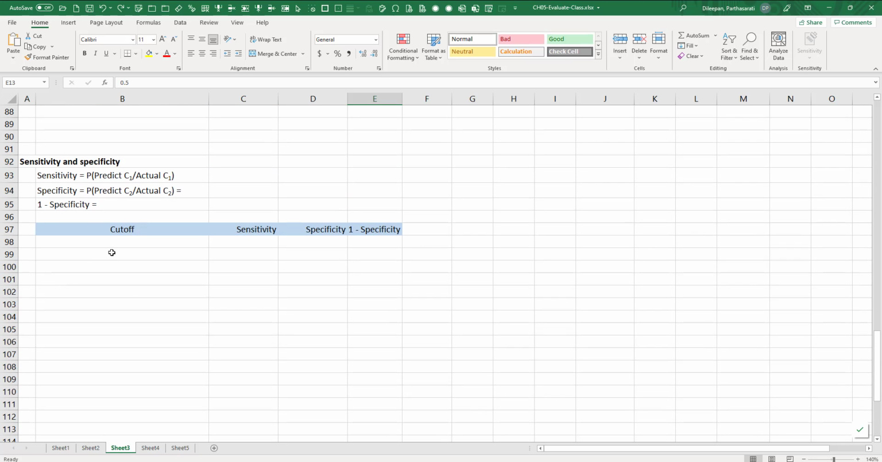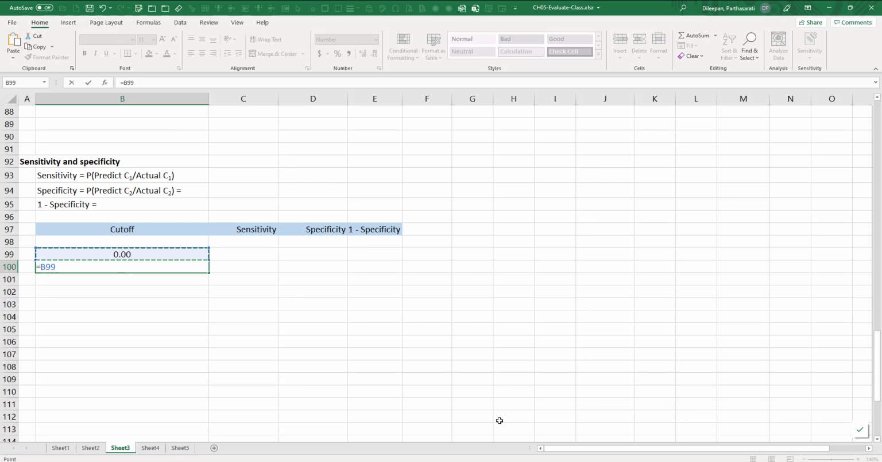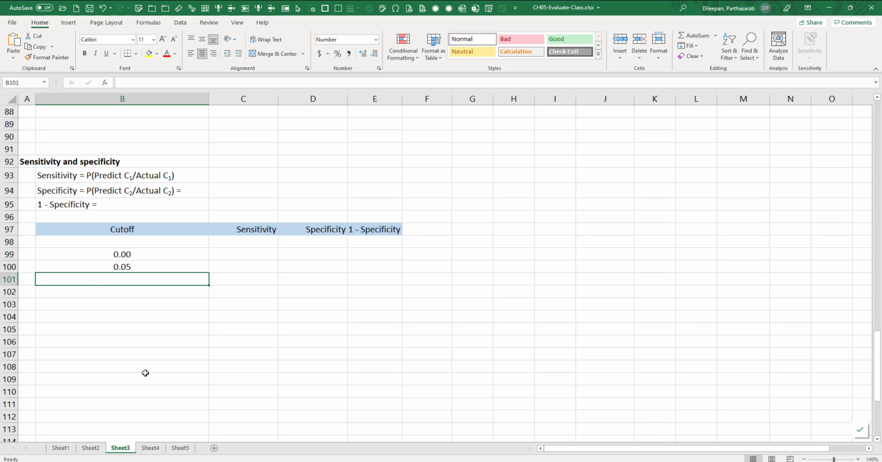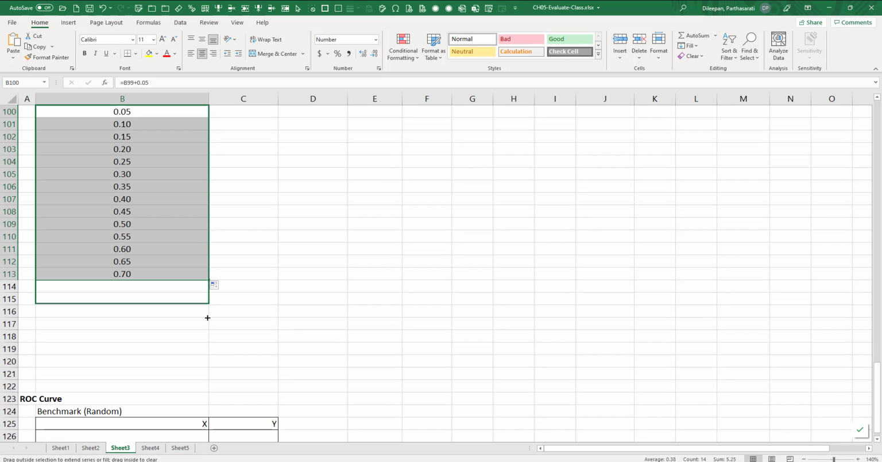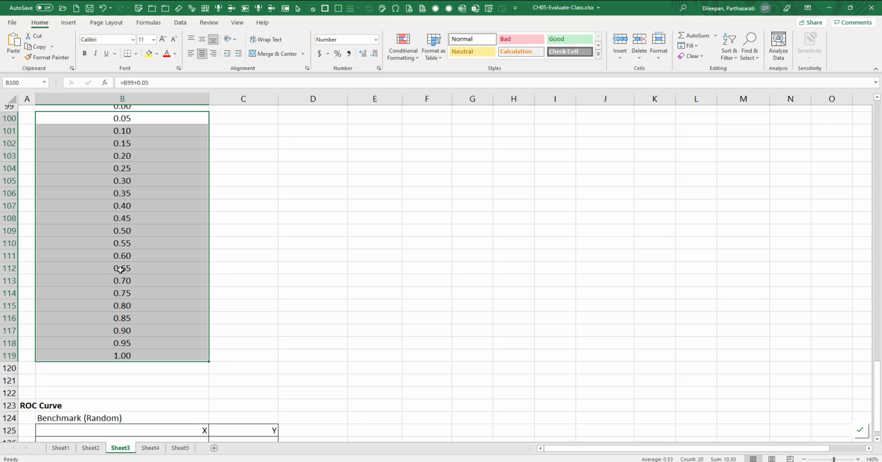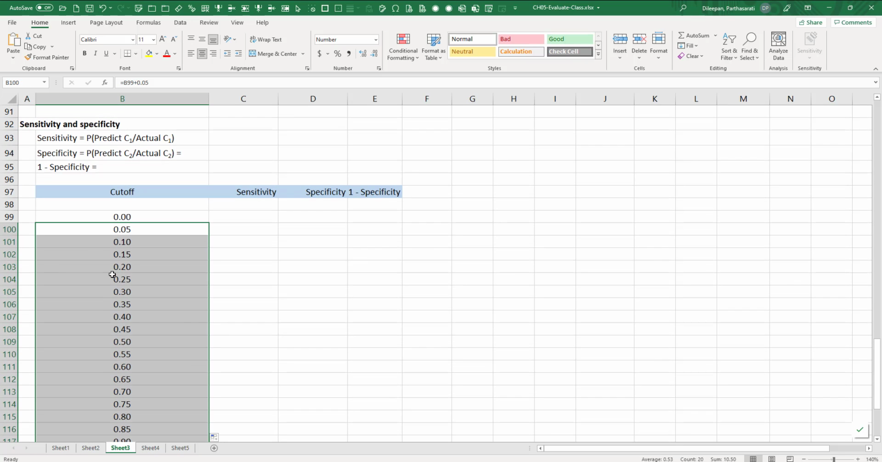And here, okay, we need to set up a bunch of cutoff points. So let's start from 0, and then we add 0.05. Okay, so previous value plus 0.05. If you copy that, then it will increment by 0.05, and let's go all the way up to 1. So we're going to now try all of these different cutoff points, and at each of these cutoff points,